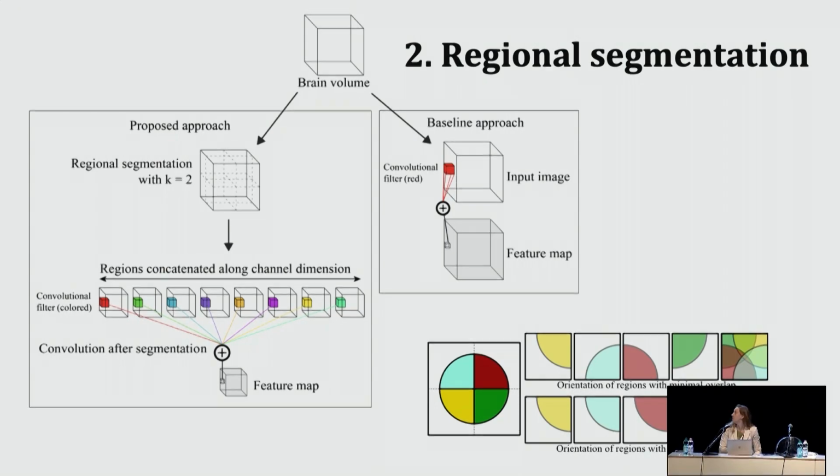Now when you do the splits and you separate the brain into these different regions and channels, an important thing to keep in mind is that you want to have minimal overlap between these regions. So you've done the effort to separate the brain into these different regions so that you can learn unique information about that region. But if you force them to be overlapped, it kind of takes away from that. So just wanted to point that out.